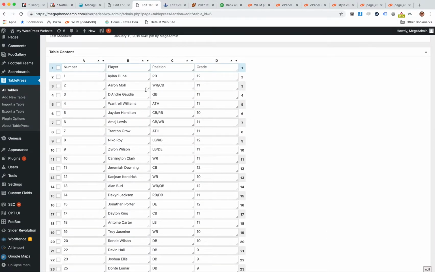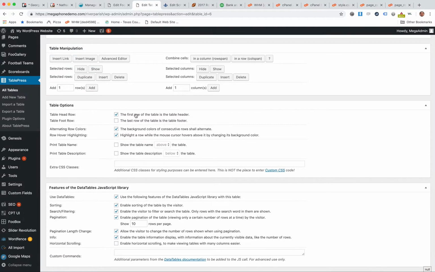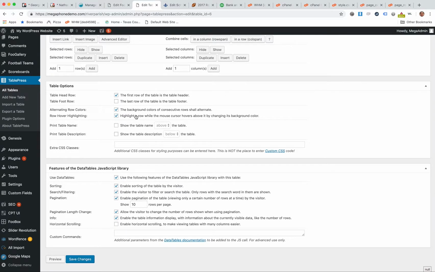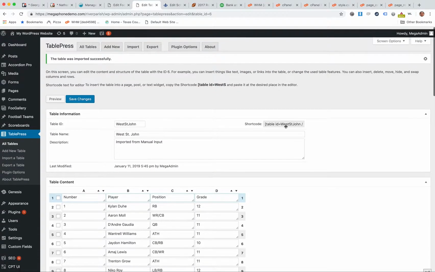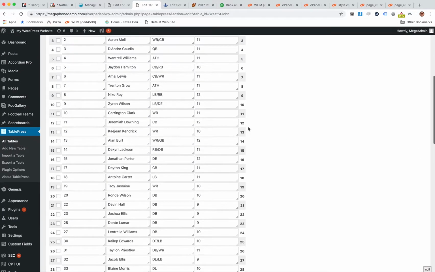You look through here, everything looks like it should be basically correct, and we have some options down here. You could change these if you want to, but I think that by default most things are right. Oh, it does only have 10 rows right now. You might want to have more than 10 rows showing up at a time. The football team, you could show them all at once. It's a pretty long table. I think we'll go with 45 right now, but you do whatever you want. Everything should be mostly as it needs to be. So we're going to click Save Changes,